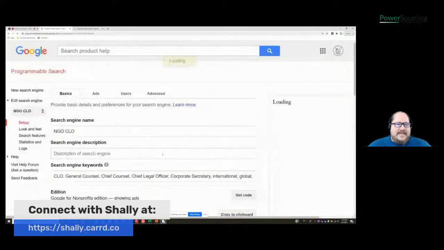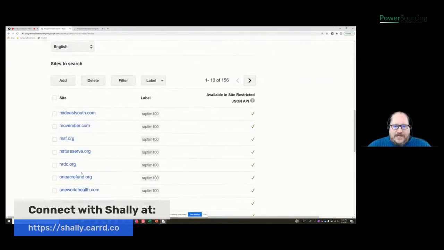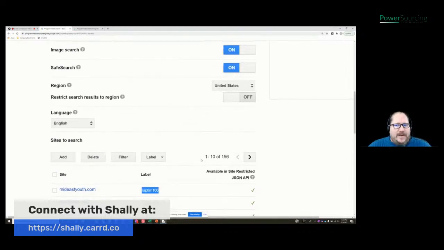Let's go back to the setup, and I'll show you what I mean by that. We could create collections of websites and add keywords to those. So say, for example, when I'm searching the Raptim 100, I'm also going to add a particular keyword so that we'll search only those websites and add that search string. There is a limit to how many keywords you can put in that search. So you don't want to go crazy with too many, but it does help refine results if you're getting too